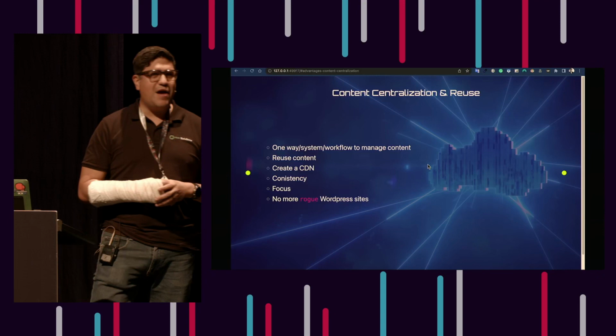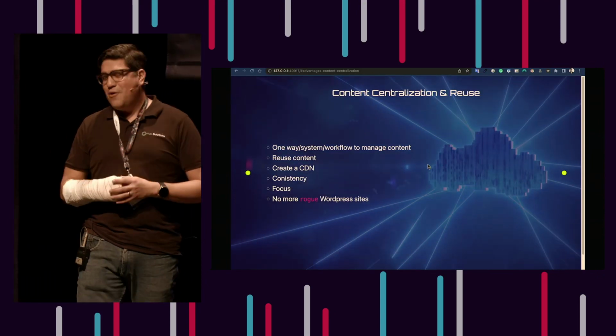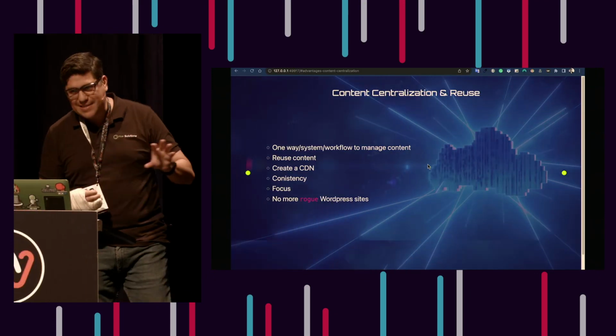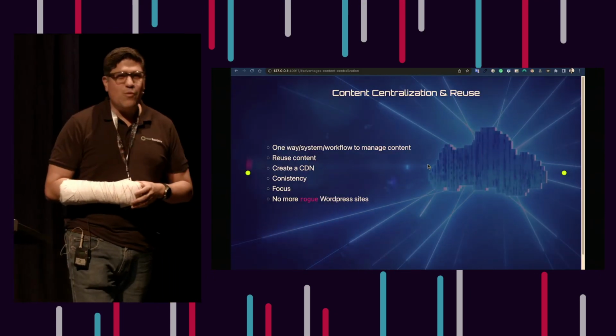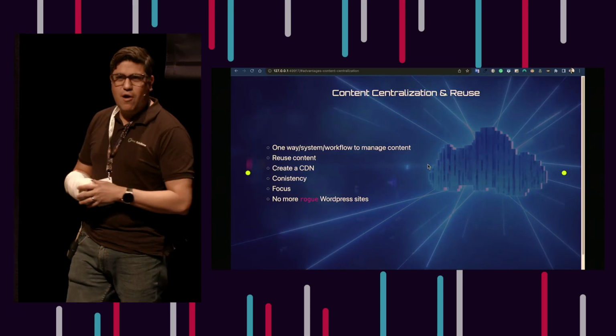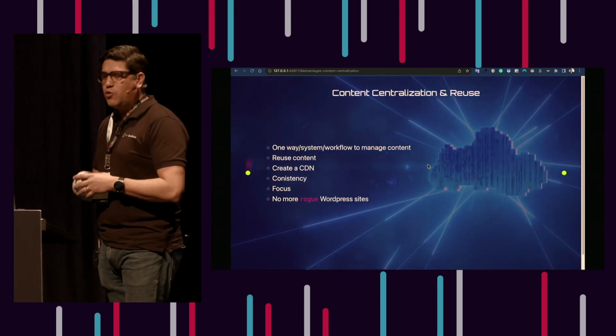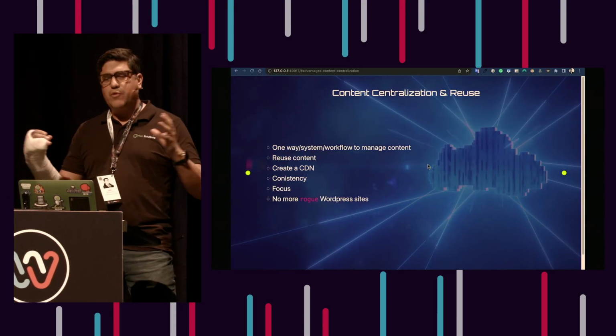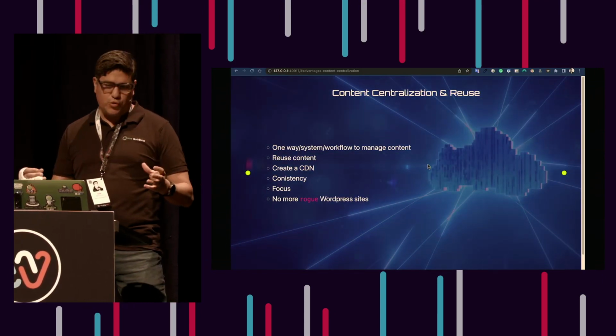Usually what we found in big enterprises when we were consulting with them is there will always be these rogue WordPress sites everywhere. And we want to avoid that. We want to be able to offer the capability to deploy multiple websites within one infrastructure. That's the point: centralize and reuse.